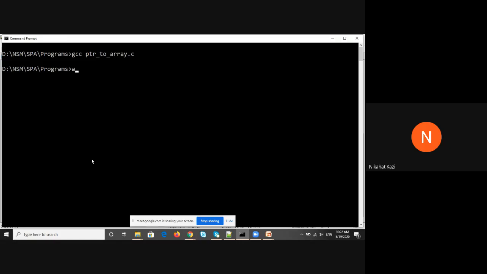So we compile the program. Now let us see what the values are. Before I did the update, this was a printf statement, and after the update, this is the printf statement.